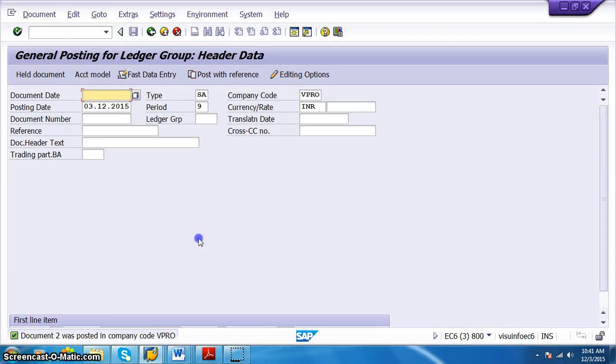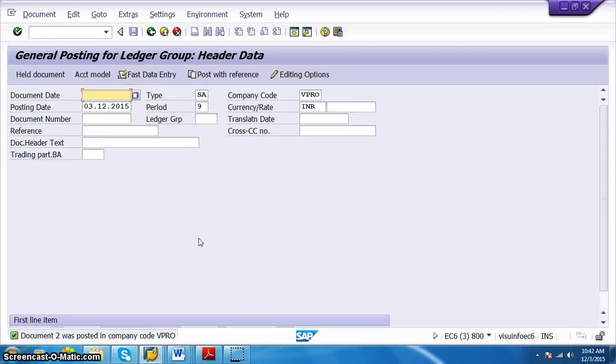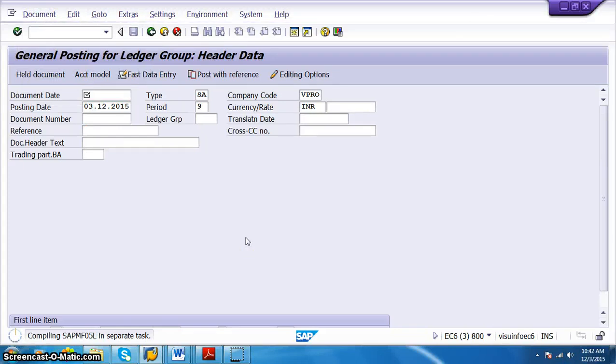And once the details have been saved, we can go ahead and check these values. So the document has been successfully stored, and this document will actually hold all this data, and we can also view the data in display. You can go for display, and if we remember the document, we can see the list of all the documents that have been created for this particular company code.